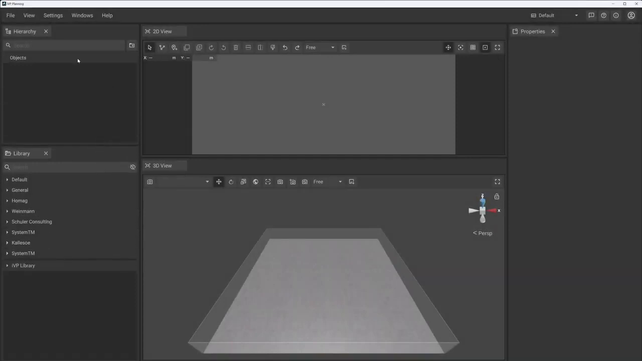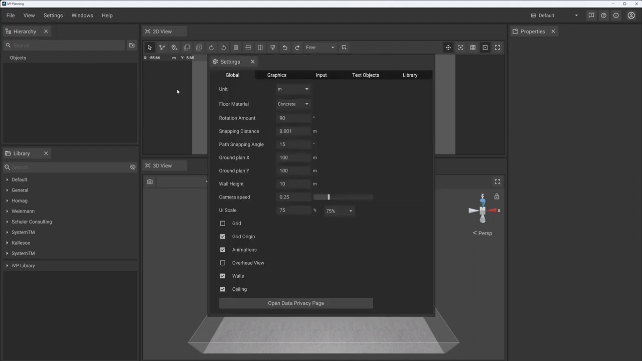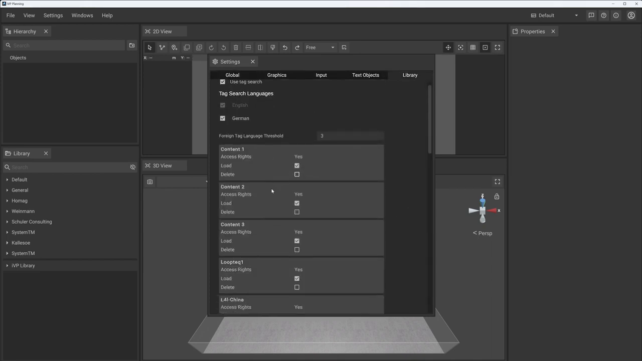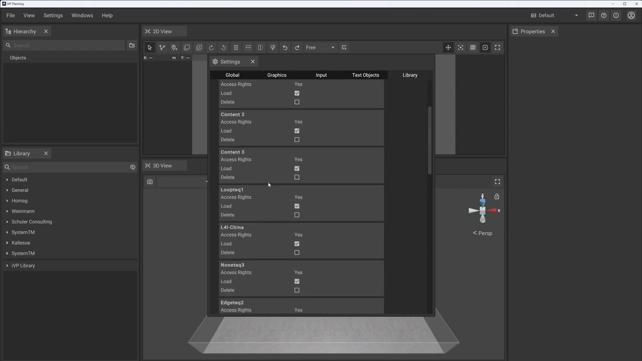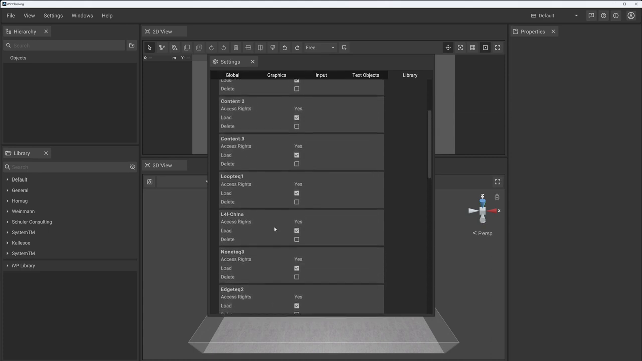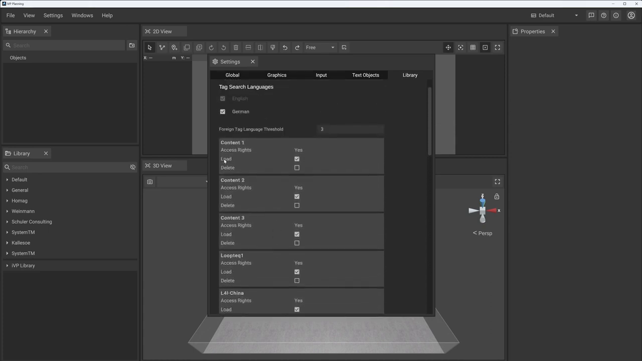So yeah, the next big change is located in the settings, but it's more on the backend side of planning. What you're now able to do is to go to the settings, to library, and then you have an overview of the access rights for content packages of yourself. So I have a lot of access, but what you're able to do is to just say, I want to auto-load it, yes or no, or I want to delete it, which means it will be deleted on your